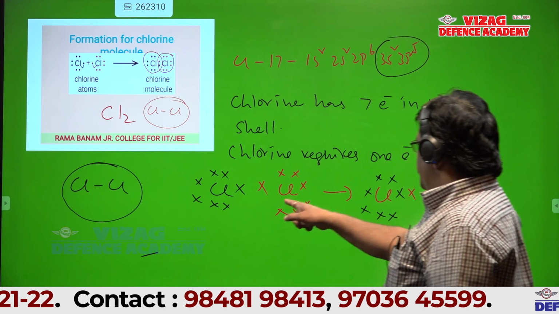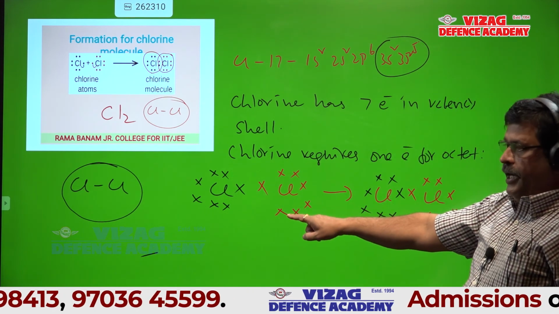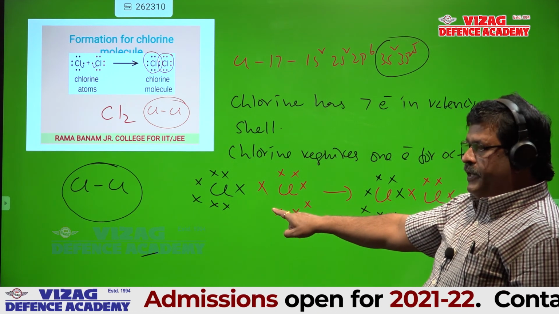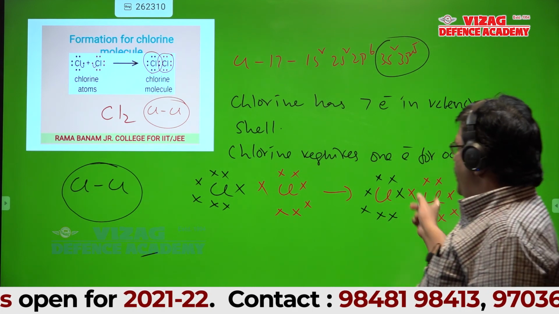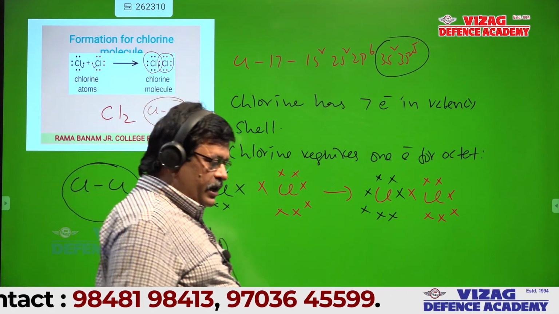Right? Write this electron dot structure. Chlorine: 7 electrons of one chlorine, 7 electrons of another. Then how many electrons are contributed by each chlorine? Then the representation of the chlorine molecule. Write clearly in the notes.